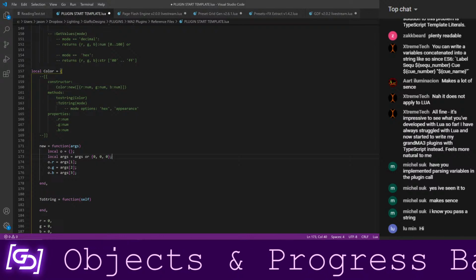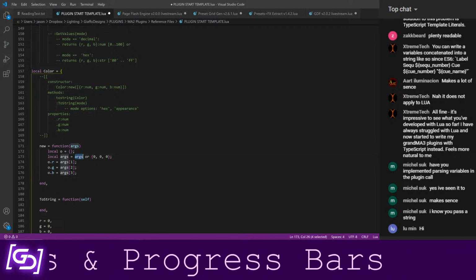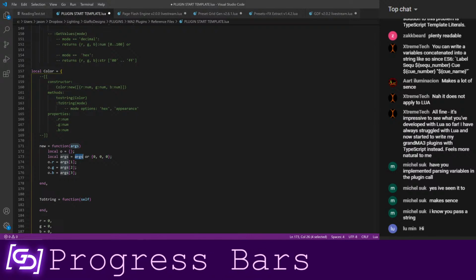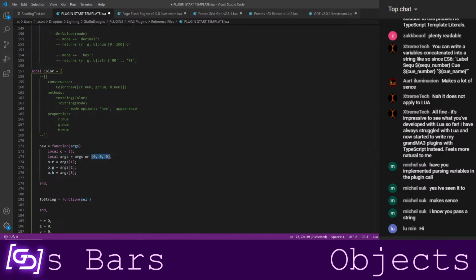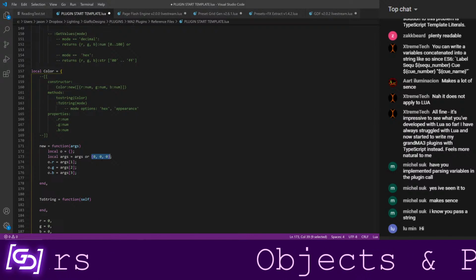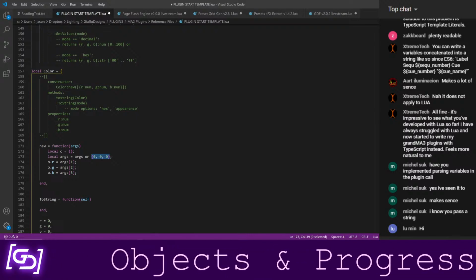Now what this means is that if args exists, this is kind of a shorthand syntax. If there is something other than nil here, then it will be assigned to this. If not, then the next value in line will be assigned.